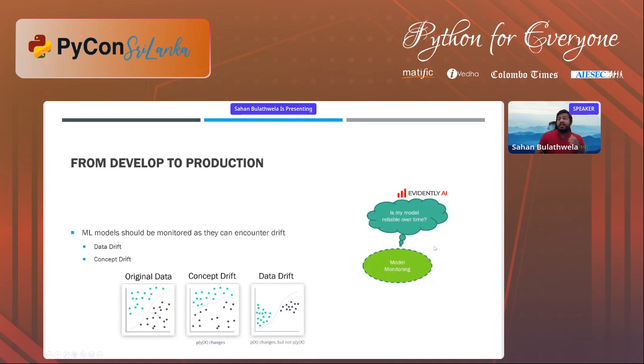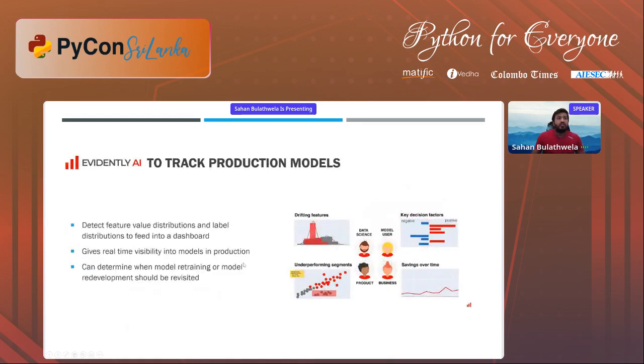And Evidently AI is a Pythonic open source tool that you can use to do this. So in Evidently AI, what you can do is, just like MLflow, you can expose your prediction API and sort of wrap it with Evidently AI, which will allow you to look at how the features are drifting, look at if the label distributions are changing for different segments of your feature sets, etc., which will allow you to monitor the overall health of the machine